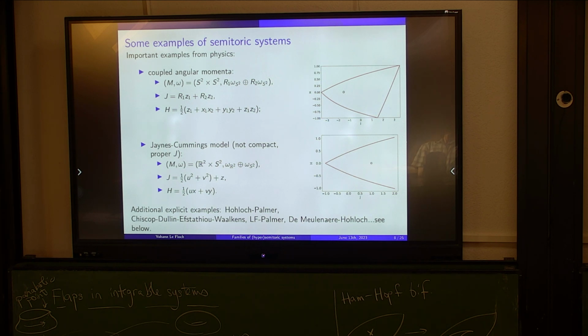We'll come back to this example later, but I also wanted to tell you that this exists in the non-compact case, but I won't talk about the non-compact case today. But it's also one of the motivating examples. It's not far from this one. And in the non-compact case, you have the additional property in the definition that you want J to be proper, to be able to perform some more theory for J.